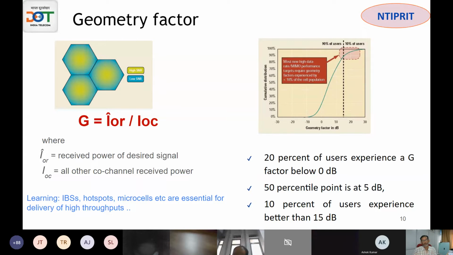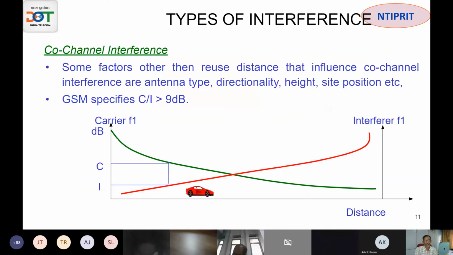So he will release a lot of resources for his other channels for better utilization of resources, and also data time source can be given. So this is a very key aspect. And coming to interference, this is all about co-channel interference and then adjacent channel interference.